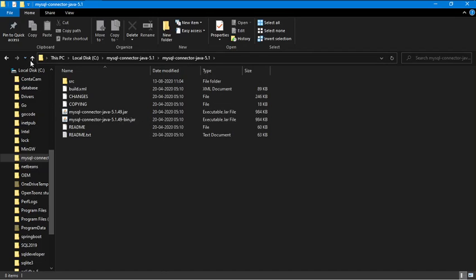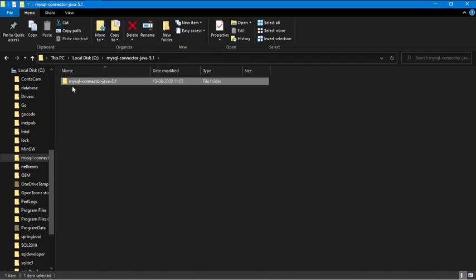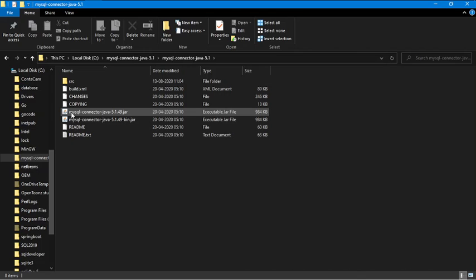You will get this one. Once again, I'm showing you. You will get this file, mysql connector Java, after extracting the downloaded zip file, and just go here and you will see the mysql connector Java 5.1.49 in my case. You can use the latest version if it's available. So after downloading this,